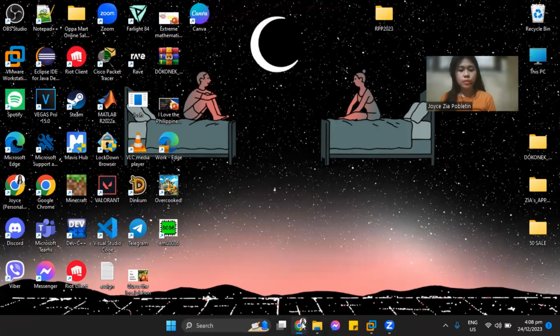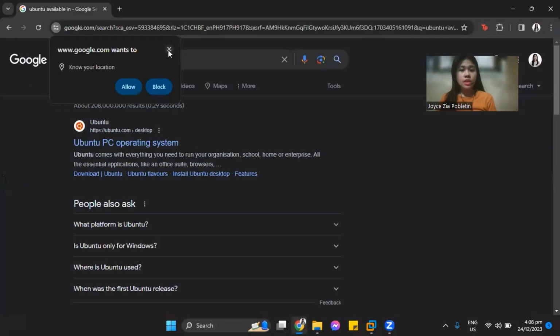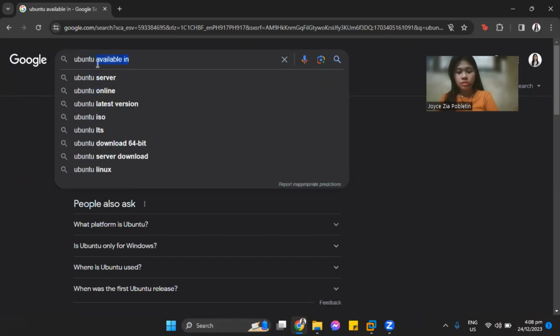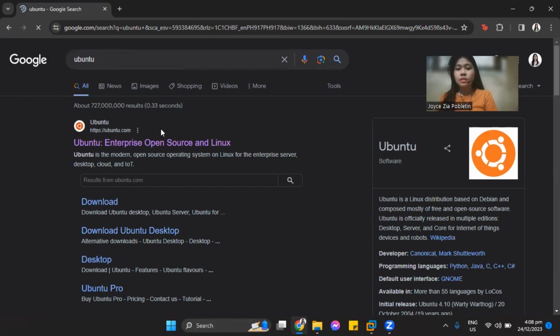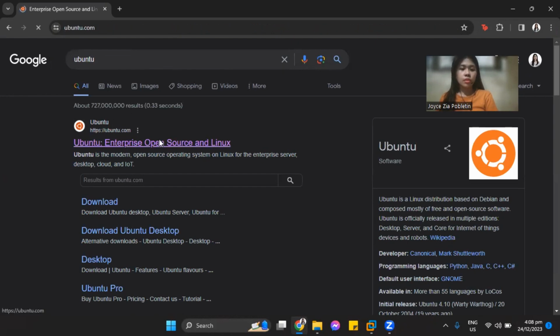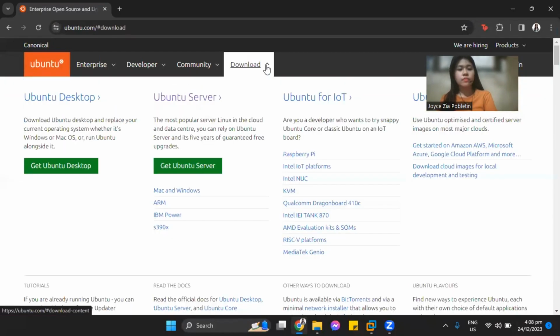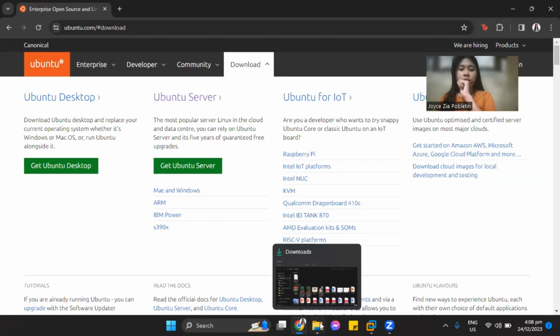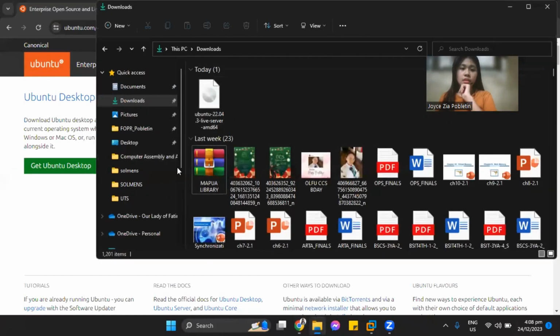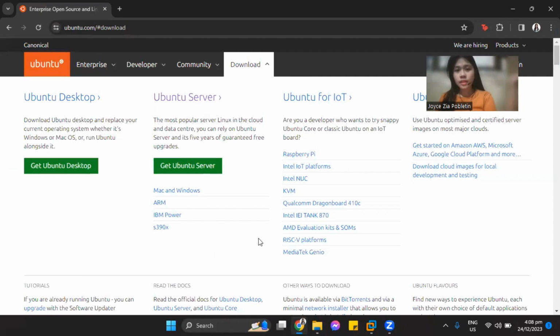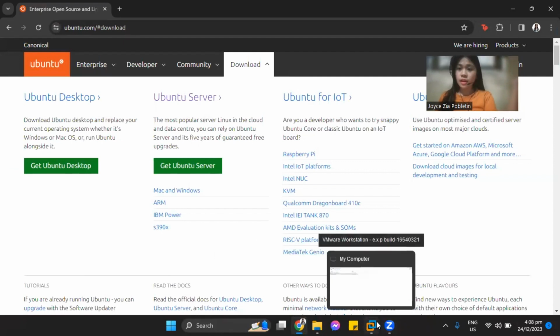So the first thing that we'll be doing is to search and download the ISO file. We just need to search Ubuntu. Then on the ubuntu.com website, this is where the ISO file is located. We click download, then get Ubuntu server, and it will automatically download. In my case, I already downloaded the ISO file, and here it is. After that, let's now test how to install